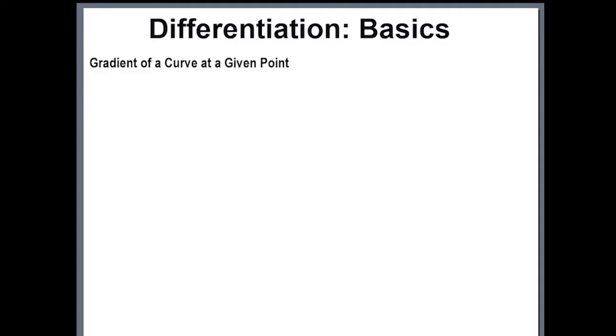So in the previous video we talked about the gradient of a straight line graph. If you've not watched the video, feel free to go back and take a look at it. In this video we'll be talking about the gradient of a curve at a given point. If we also take points P and Q on a curve and calculate as we did for the straight line,